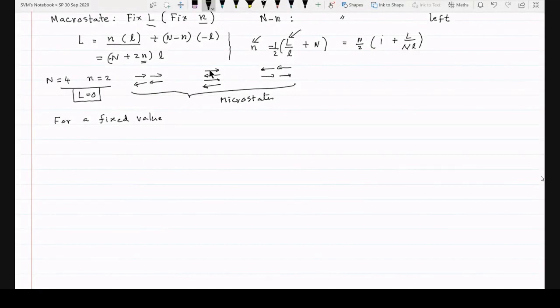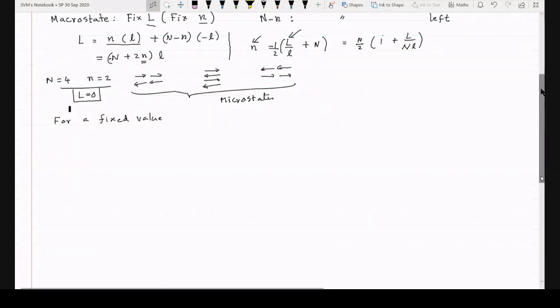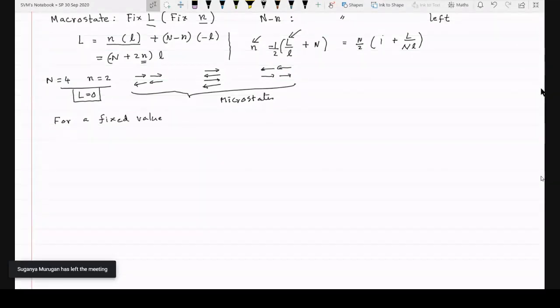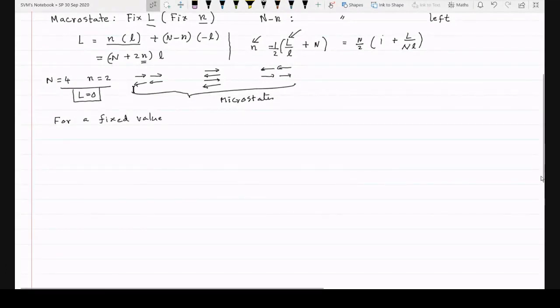Yeah, Devanjan, you are asking something? Sir, the microstates, they are different, no? Like n equal to 4 and n equal to 2, the total length is 2 here, and here is 1, and then 2 here. In the 3 microstates I have drawn, in the middle, the length is different. So basically, the total length is defined in this fashion.